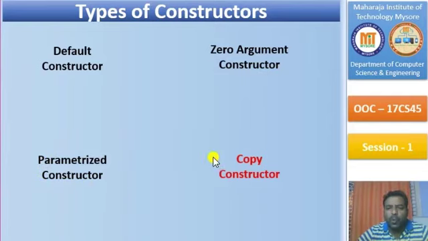So right now I don't want to discuss the copy constructor and make things complex. We'll discuss the copy constructor when we want to use it. Right now I don't think we need this type of constructor, but remember there are 4 types of constructors starting from default, zero argument, parameterized, and copy constructor. Fine. So we'll see the copy constructor later, and we will discuss these 3 types of constructors.